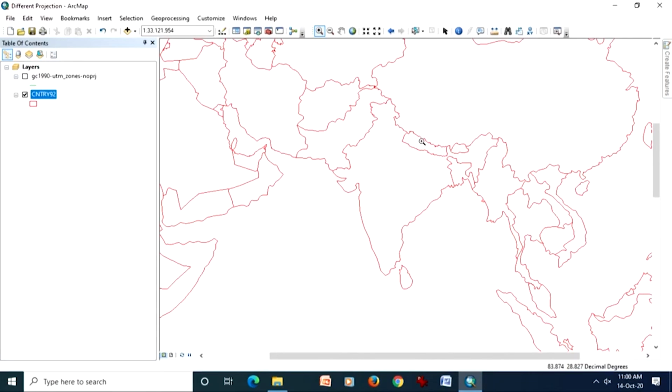So the best solution is to assign no color, and that way it will mix with the background and look more realistic and nice as well for presenting, either through PPT or printing or other things. So it is always better to handle these things. That is why I have demonstrated these two things together, because whenever you change from one projection to another, you are going to create no data, and whenever you do georeferencing, so